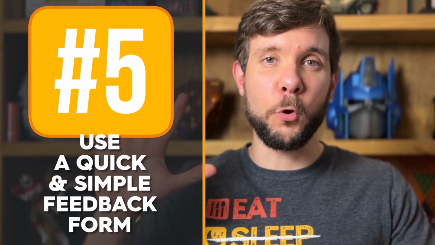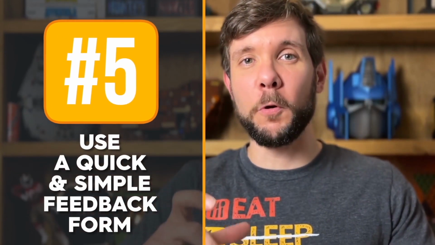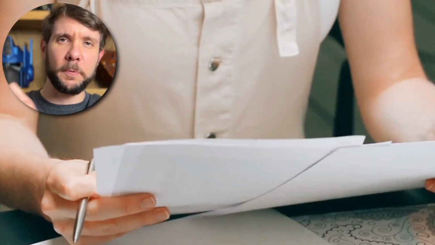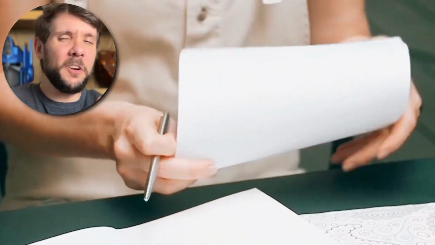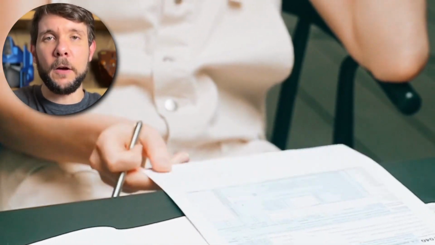Number 5, use a quick and simple feedback form to capture certain information. You don't want it to be too much. You don't want these big blocks of text for people to write out paragraphs. Most people won't do that. They won't even know what to say, and you're going to be having conversations anyway and taking down notes. So you want to have some kind of form, usually just a 1-page, just on the front form, where you